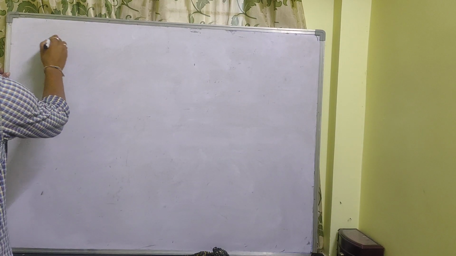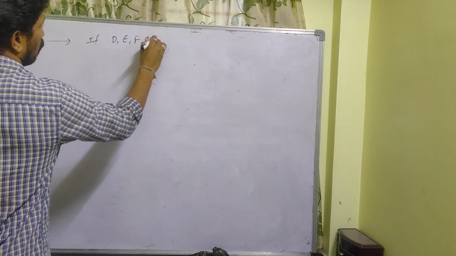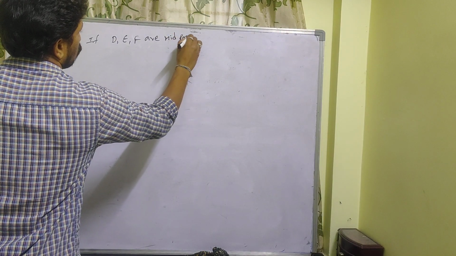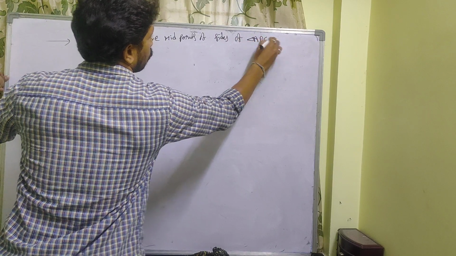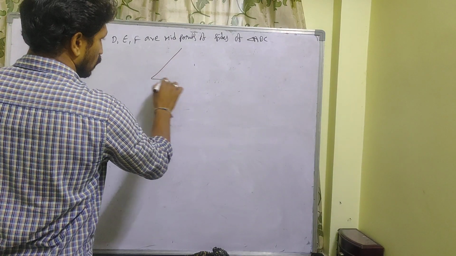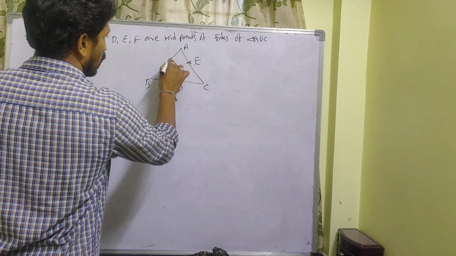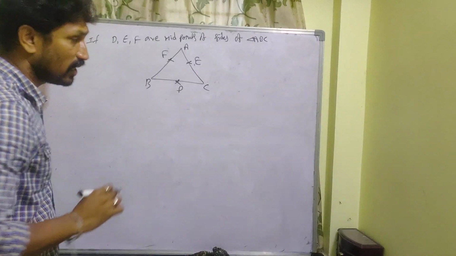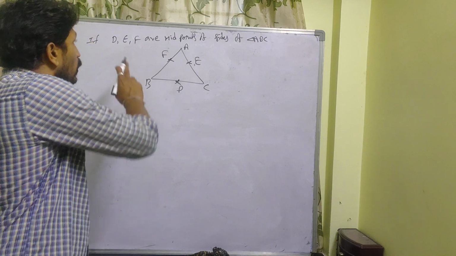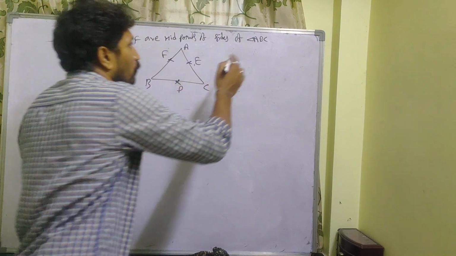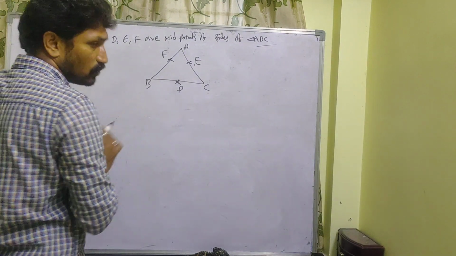See here. If D, E, F are midpoints of the sides of triangle ABC. So this is triangle ABC. This is DEF. DEF are midpoints. What can you conclude here? If you know the vertices ABC and you want to find out DEF, how can you find out? See, once you check it out,